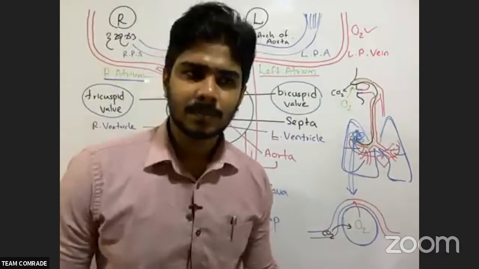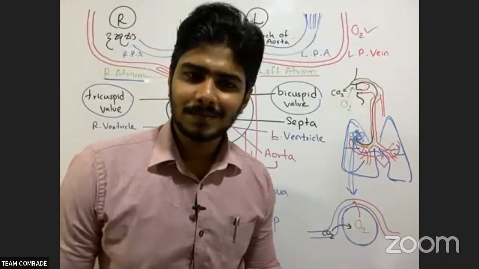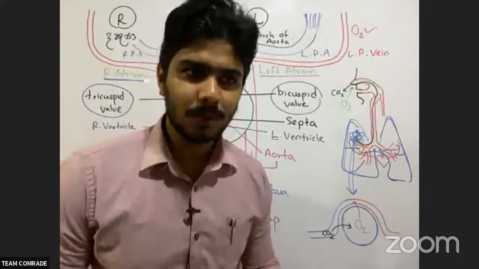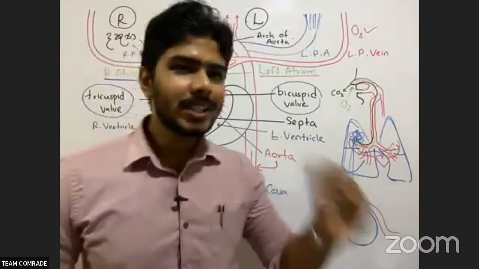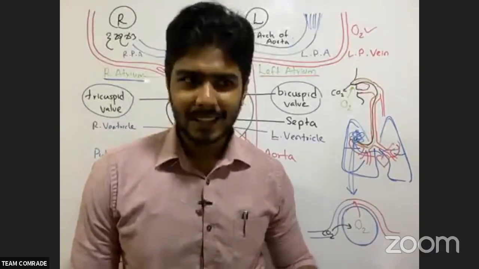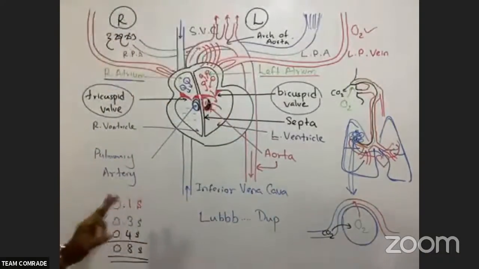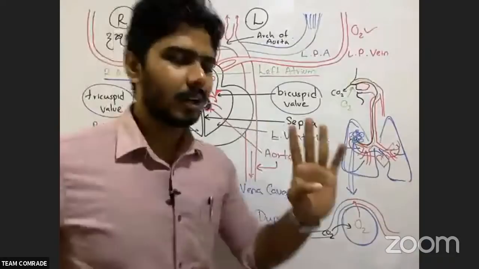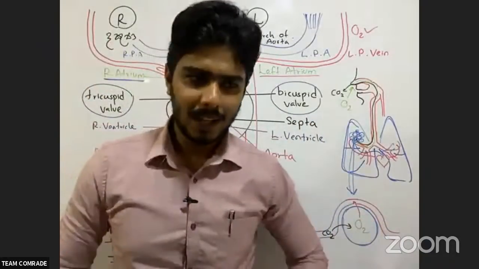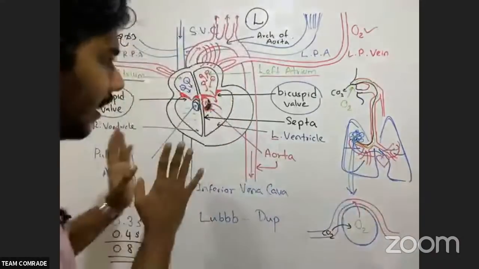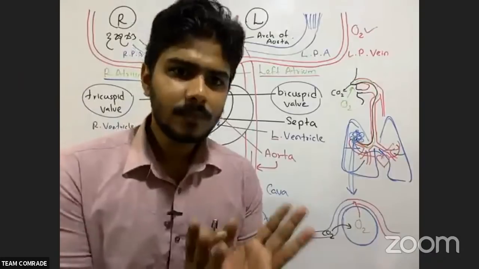Is it clear? Yes, sir. Okay, I'll tell you after all this also. If I tell you suddenly, can you draw the heart? Still can't, right? Okay. Now step by step, I will tell you how to draw the heart. You have four spaces now. Before going to that, now I drew here. Now you have an idea about that.